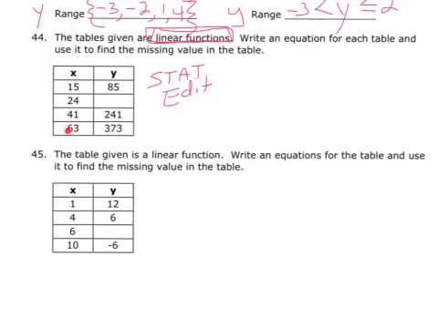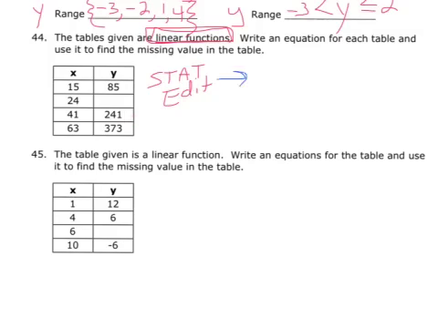But you always have to have at least 2 pairs, one x, one y, that's a pair, and then another pair. So the table would match in the stat edit would match these 2. Okay, we can't use this one because we don't know what that value is. Okay, so we use 2 that we know. So I would type this in to stat edit, and then once I get those values in,